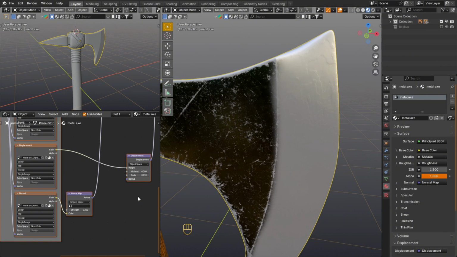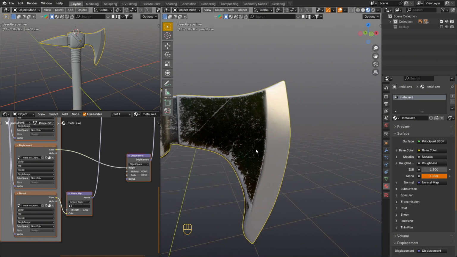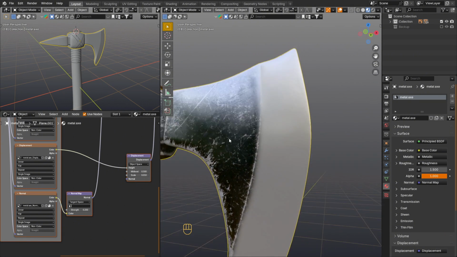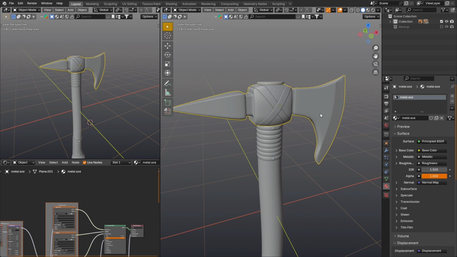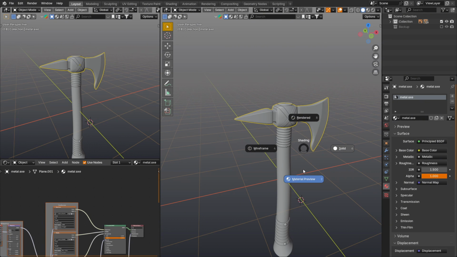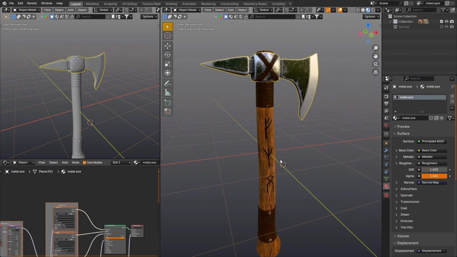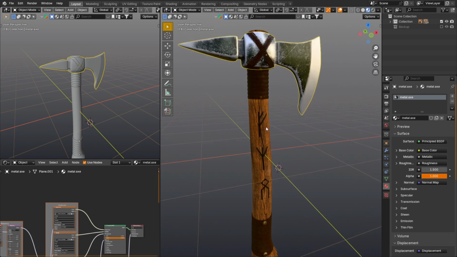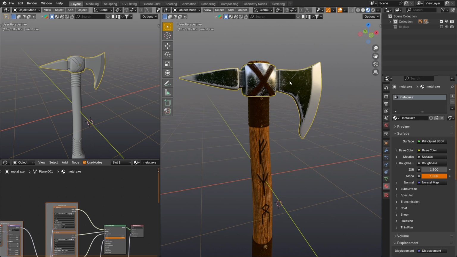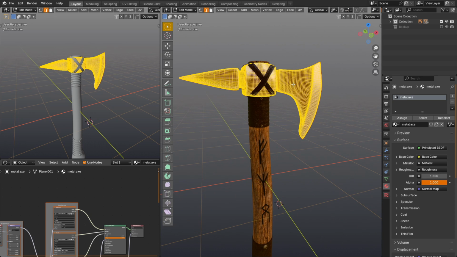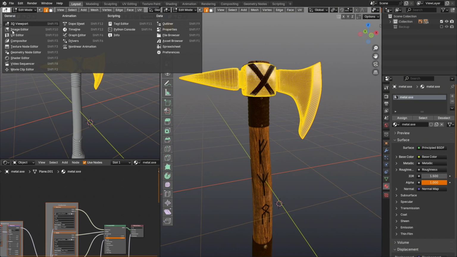And also it seemed appropriate to me if we put some ancient Viking symbols on our axe model, they mean strength and luck, that is, each of these symbols has some meaning. And you can see that I have already put it on the axe handle, and using the example of the metal part of the axe, I will now show you how this is done. And not just a logo, but with the creation of relief.